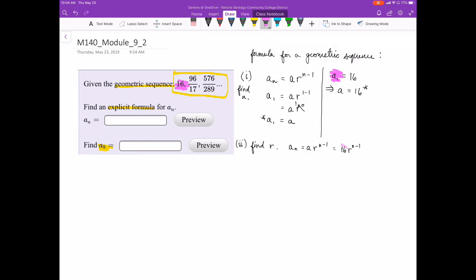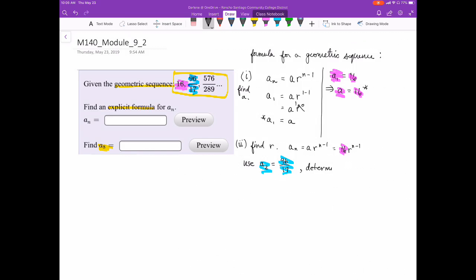And again, the 16 comes from the first term in our sequence. Okay, so let's go ahead and use one of the terms they give us. So let's use a sub 2, which is equal to 96 over 17. Let's use this to determine